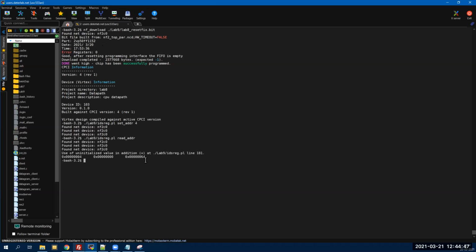As you can see here, the default value 64 is loaded to memory address 4, and after we run the program, it should be changed to 8 as seen from the simulated waveforms.